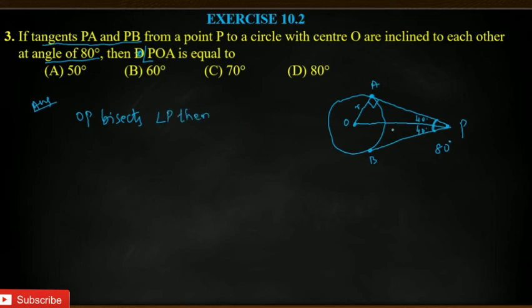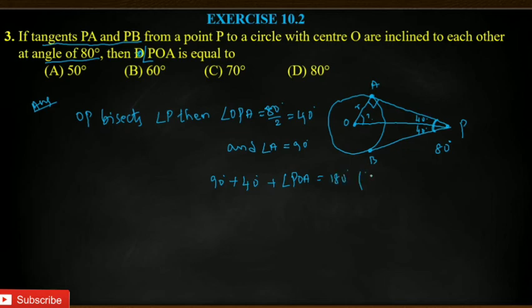Then we are getting OPA, which is equal to half of the 80. Half of the 80 in the sense we are getting 40 degree. Already we have angle A is equal to 90. Then they asked this one. So what is this angle? It's very easy to go. It's like a triangle. You just use it, you will get it. You just see 90 degree plus 40 degree plus O, O in the sense that is POA, which is equal to 180 degree.